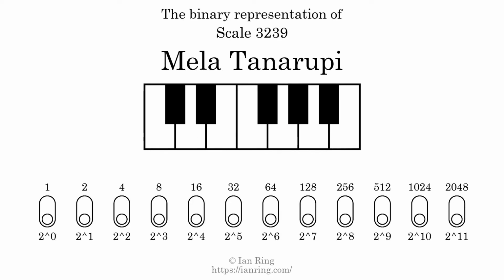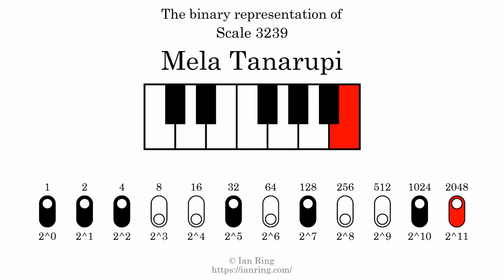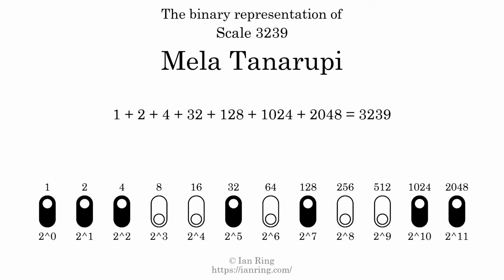The binary representation of this scale is determined by mapping tones of the scale to binary digits. Each binary digit represents a power of 2. To get the scale number, we add the powers of 2 together. The powers of 2 that are present in the scale, all added together, equals 3239. That is why the scale number, in decimal, is